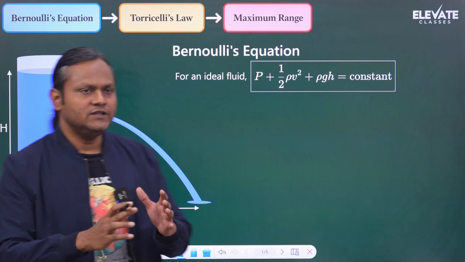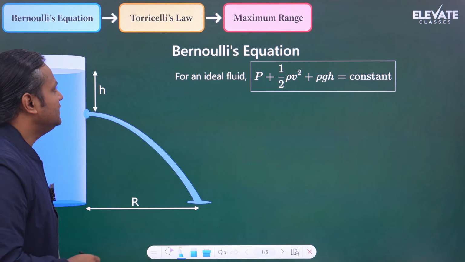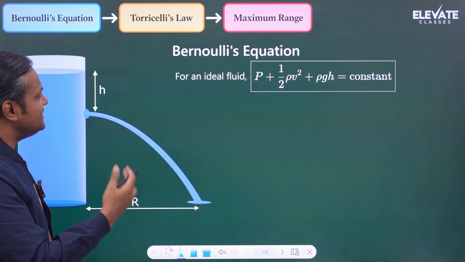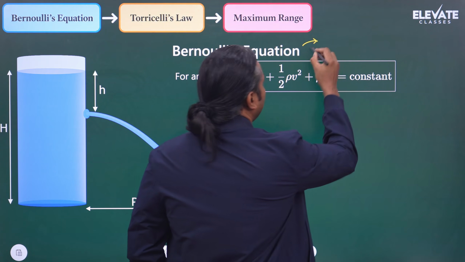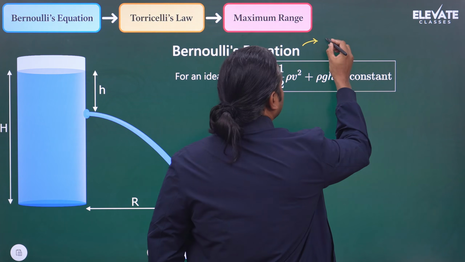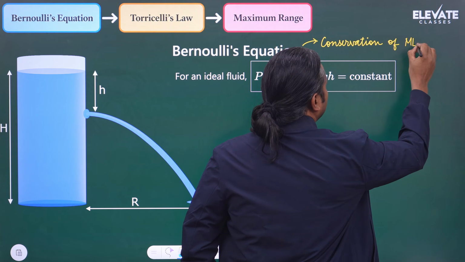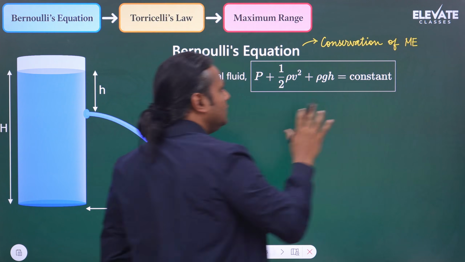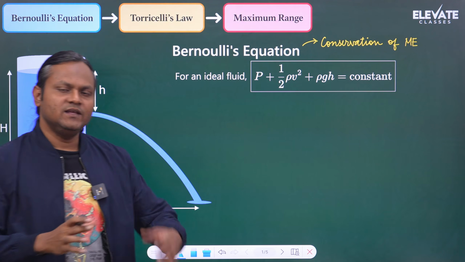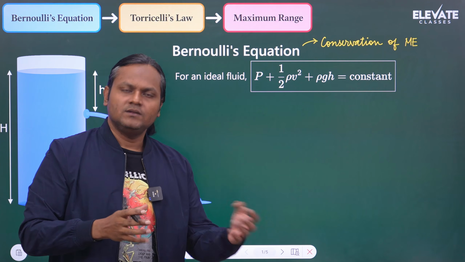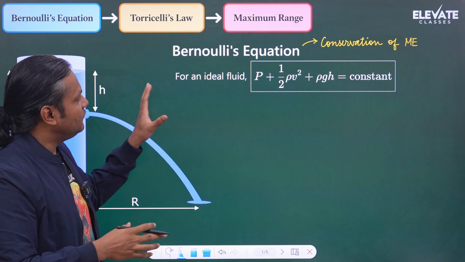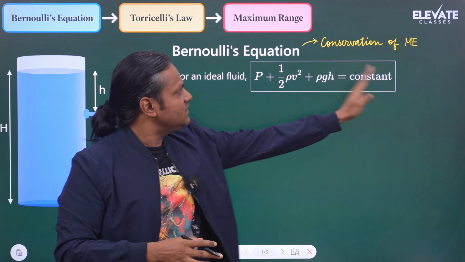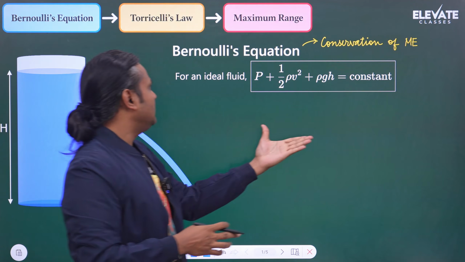So let's first talk about Bernoulli's equation. This is effectively a statement about the conservation of mechanical energy for fluids. So think of an ideal fluid. By ideal, we mean something that is incompressible, that has no friction, no viscosity. In that kind of a situation, for a streamline, the conservation of mechanical energy principle is given by Bernoulli's